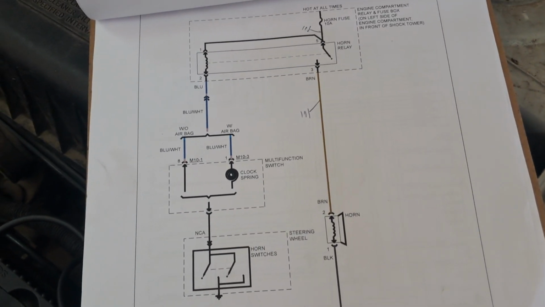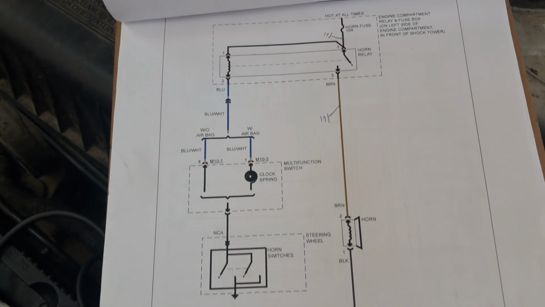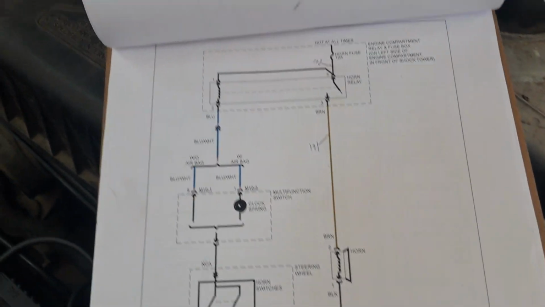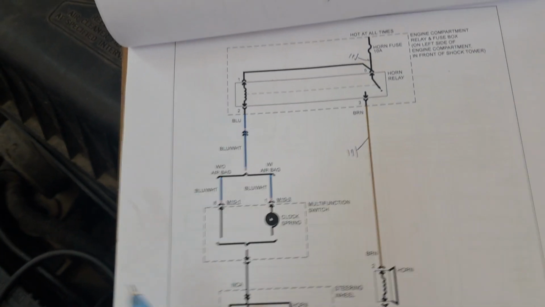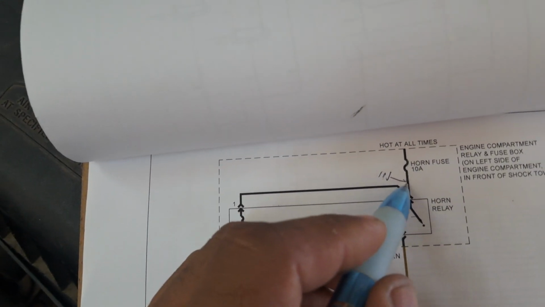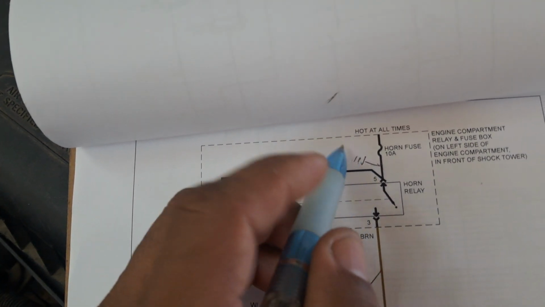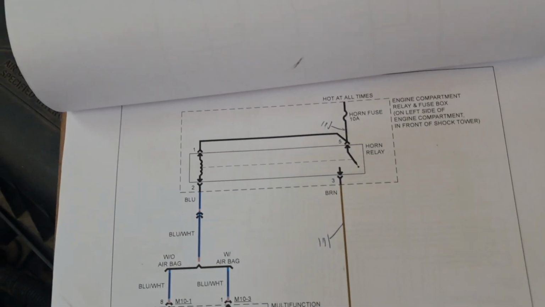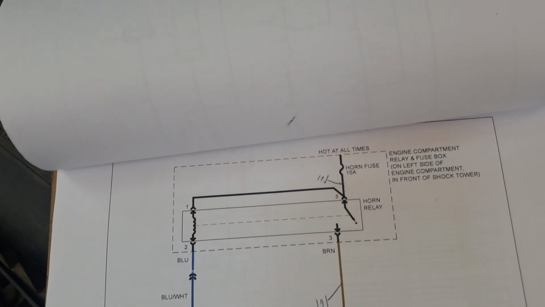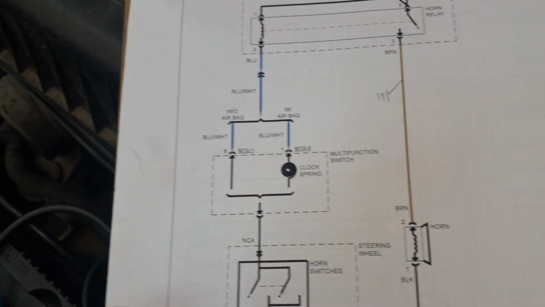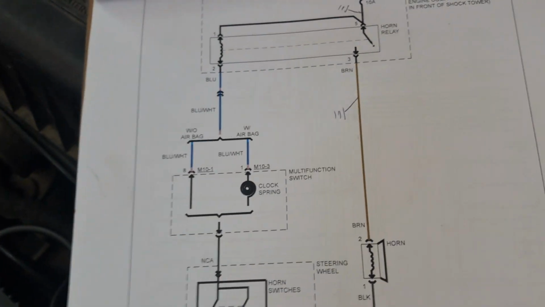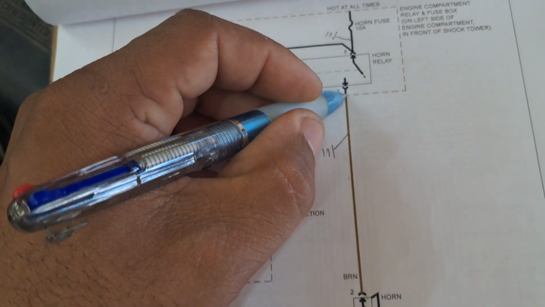Doing a little bit of critical thinking and analyzing the circuit, remember that I said the fuse only blows whenever the horn button is depressed. If we had our short to ground on this leg of the circuit, this fuse would have been blowing constantly. As I put in a new fuse, the fuse would blow. However, when we replace this fuse, it only blows when the horn button is depressed. So what that is telling me is that